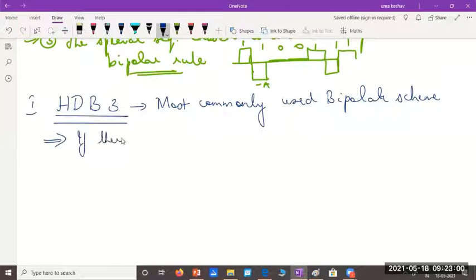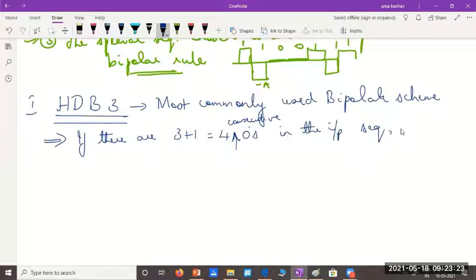If there are 3 plus 1, n plus 1, that is 4 consecutive zeros, it should be next to each other, if there are 4 consecutive zeros in the input sequence, then replace it with either